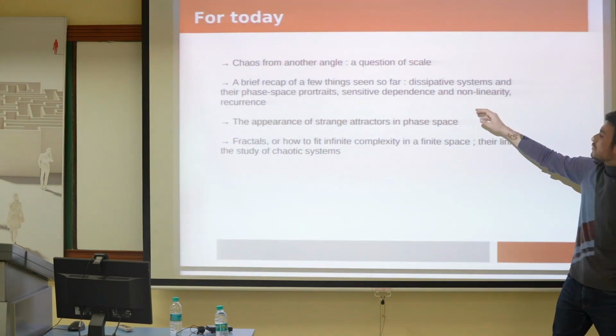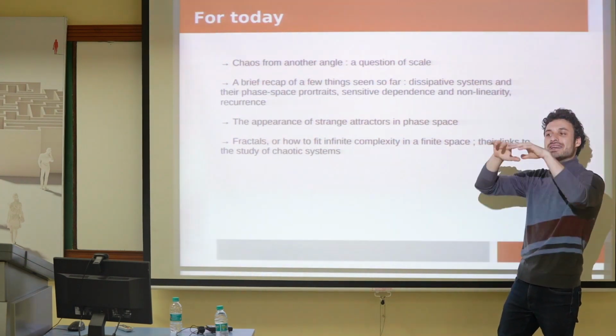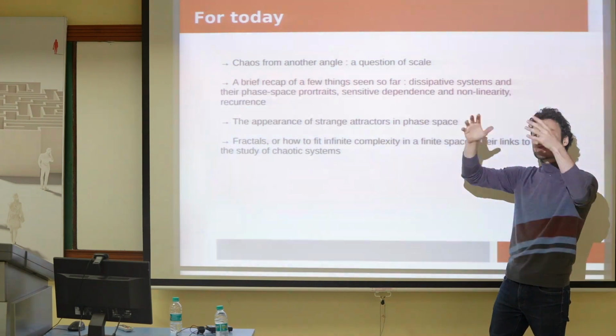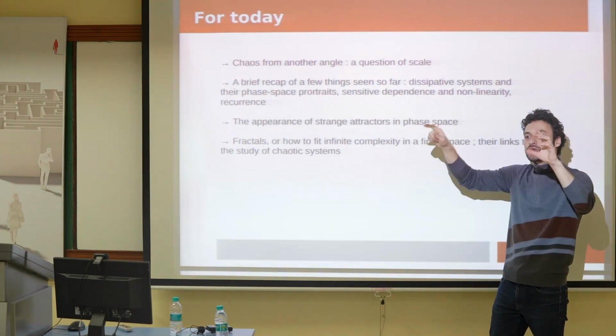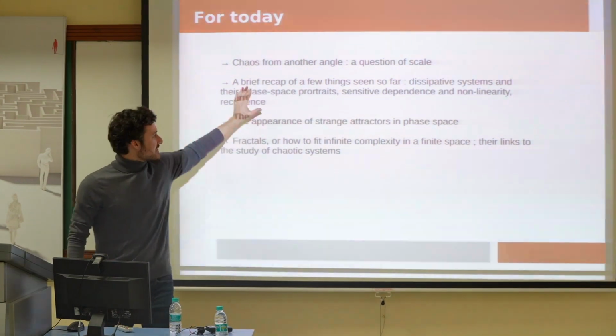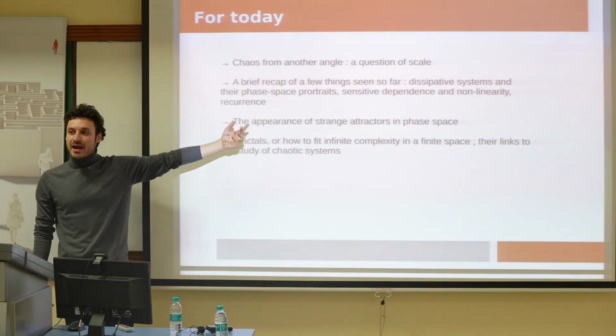And nonlinearity, and we'll introduce a new term also, which is recurrence, the idea that actually a chaotic system is bounded, right? It never quite repeats its behavior, but you saw, it kind of stays in a broad region in the phase space. So this will basically motivate the appearance of strange attractors in phase space.